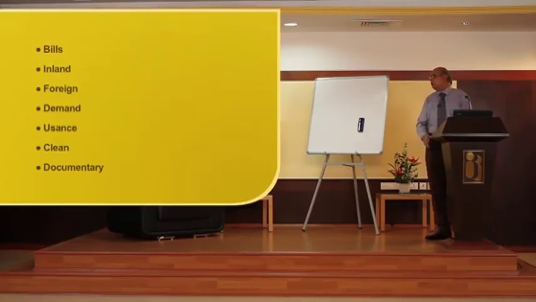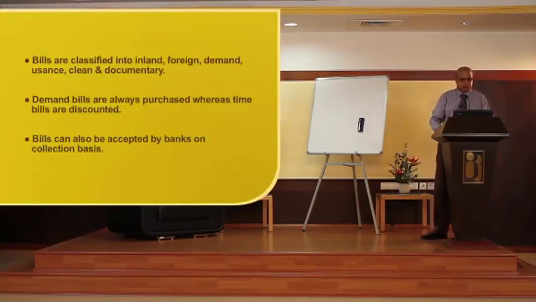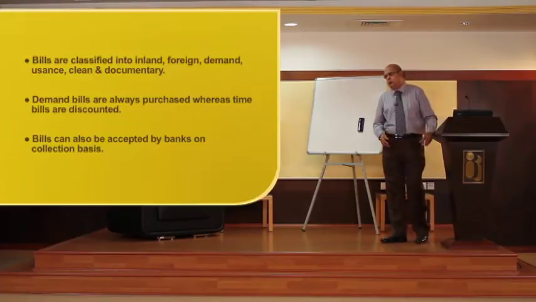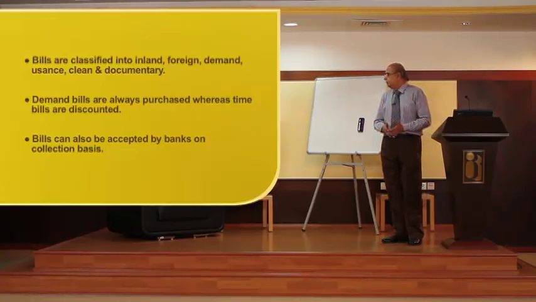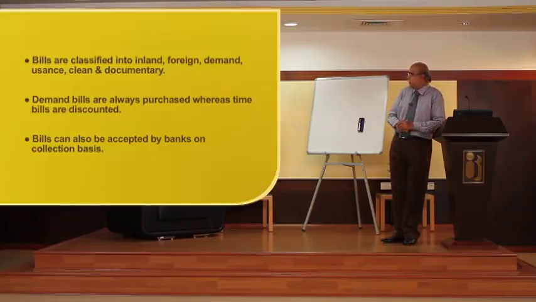Bills can be classified into inland bills, foreign bills, demand bills, usance bills, clean bills, documentary bills. Demand bills are always purchased, whereas the time bills are discounted. Bills can also be accepted by banks on collection basis. A bill of exchange can be a demand bill of exchange or a sight bill of exchange, at sight and after sight bill of exchange. When a bill is a demand bill, it is always purchased, whereas if it is a usance bill, it is